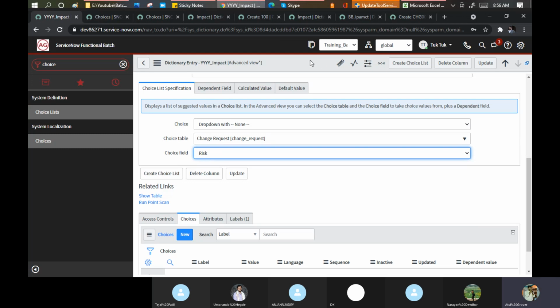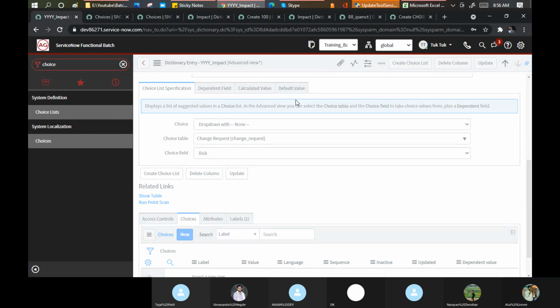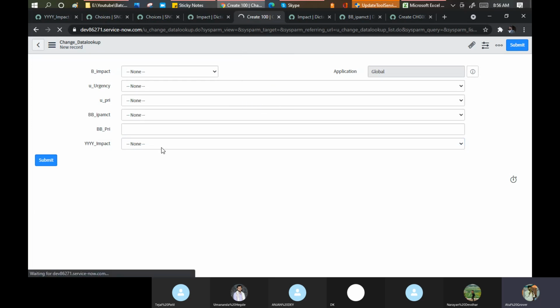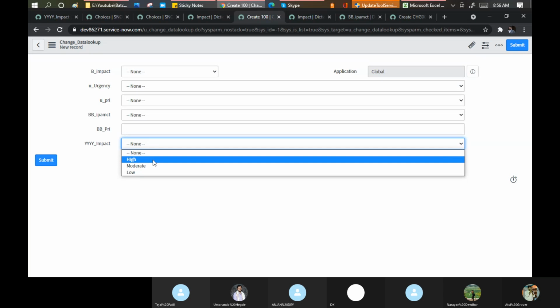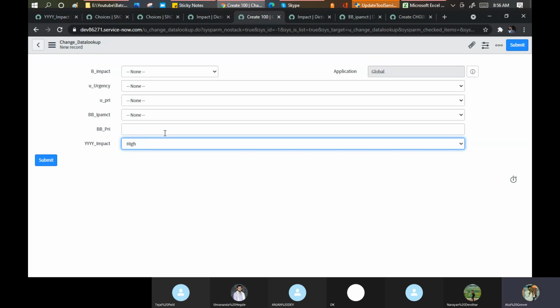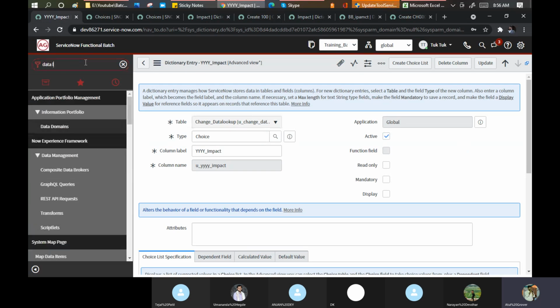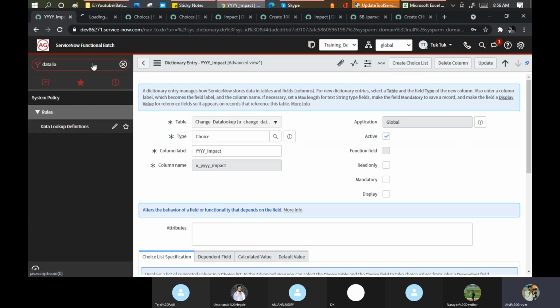Okay. And if I click on save here, and then I go here, reload my page. If impact is high, then change it to this thing. Because when I'm getting the data lookup, see, did you notice one thing?